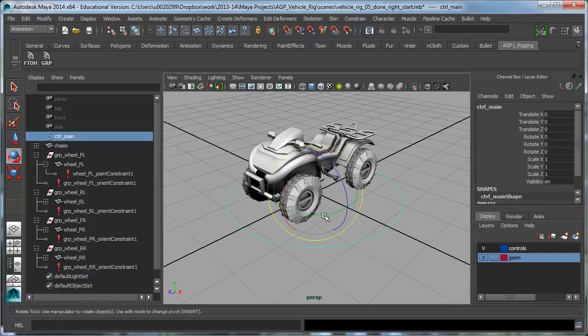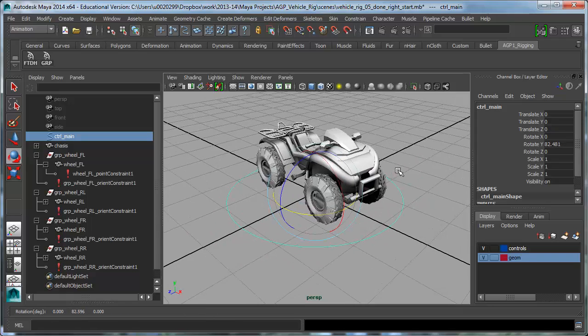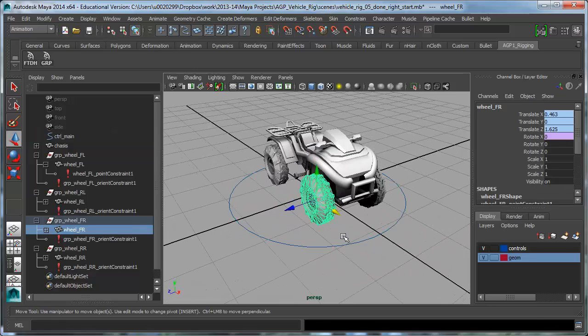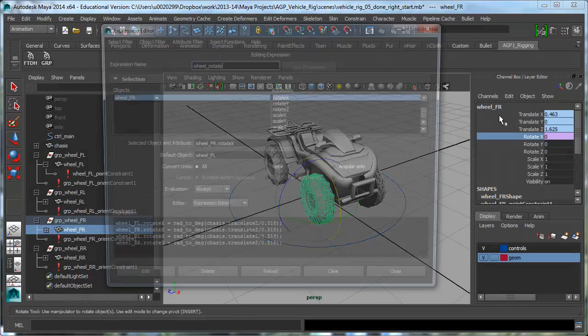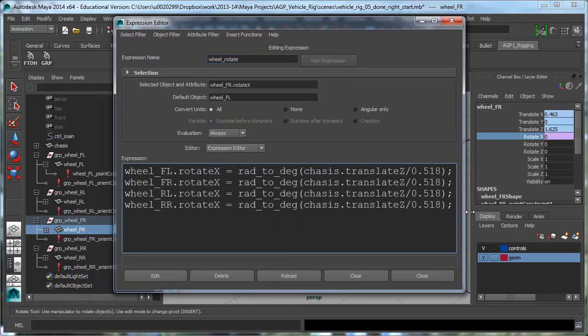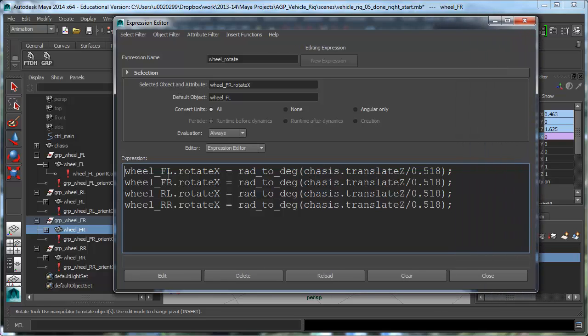If however I change the axis again, it should still be broken, and that's because the wheels are still using our old expression. So if I just edit this expression, enlarge that a bit, you can see that the wheels are still looking at the chassis translate, and that's not what we want now. We want them to look at themselves. We want to look at how the wheel itself is moving. So if I copy these over, just edit that,